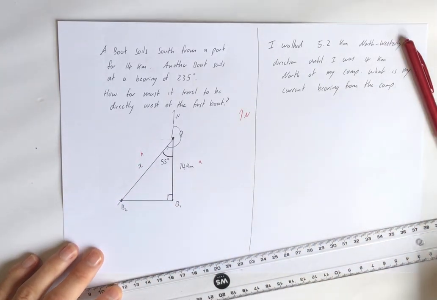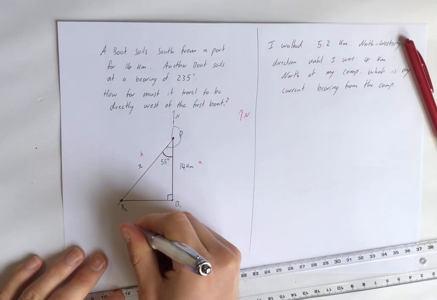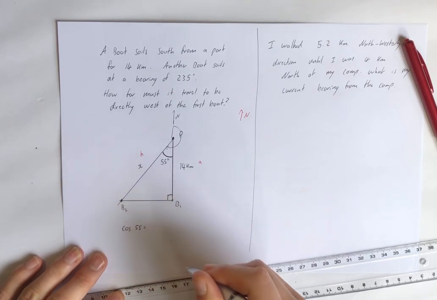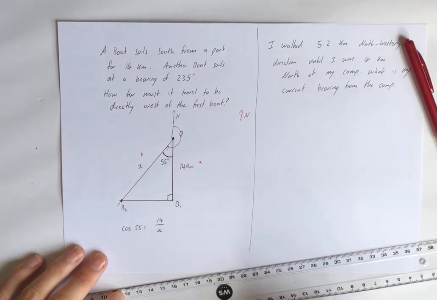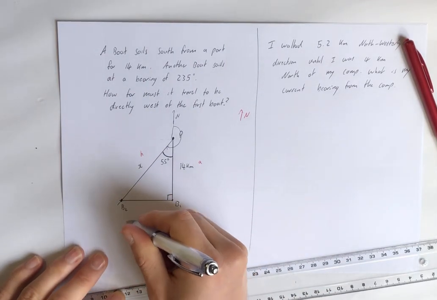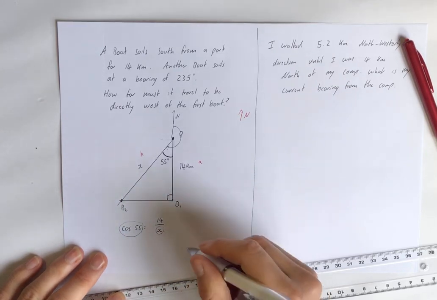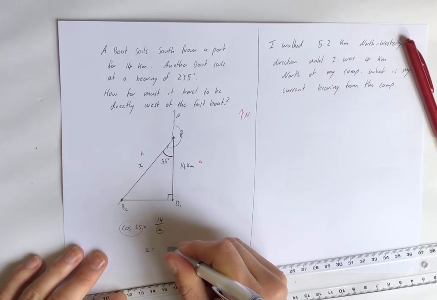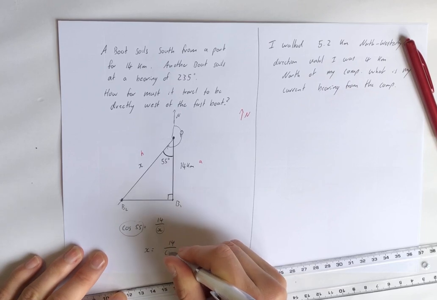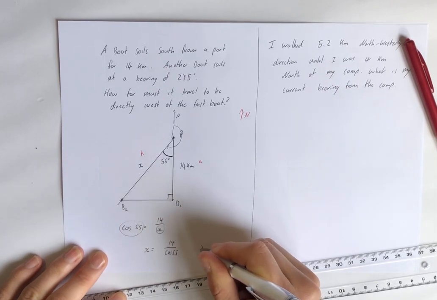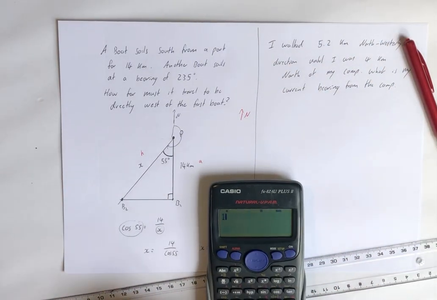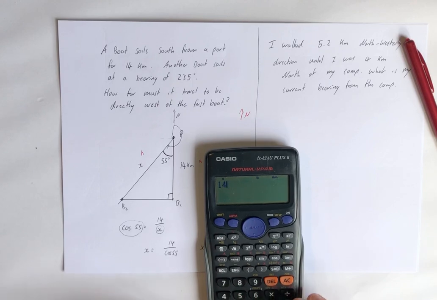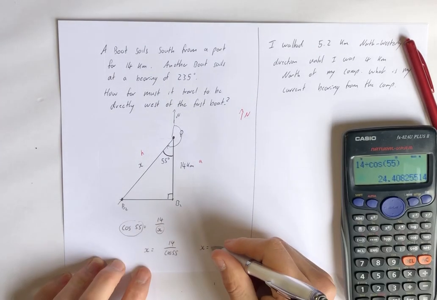So we're dealing with cosine. So cosine 55 is equal to A over H, 14 over X. Our unknown is on the bottom, so we can simply do the swap. So X equals 14 over cosine 55. So X equals, let's put this in our calculator, 14 divided by cosine 55 equals 24.4